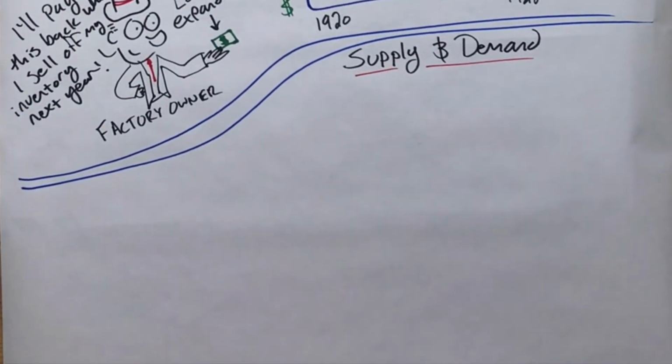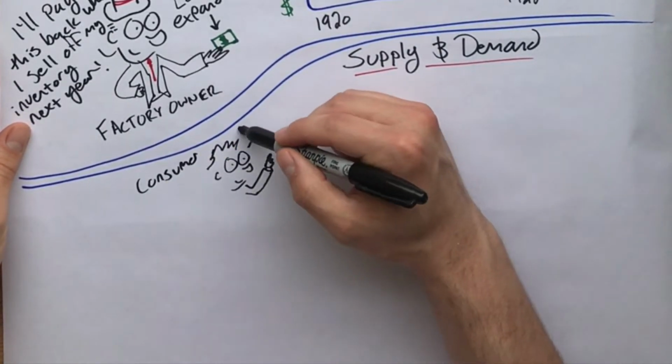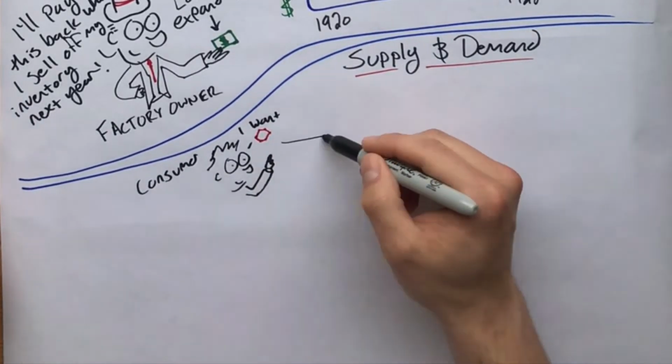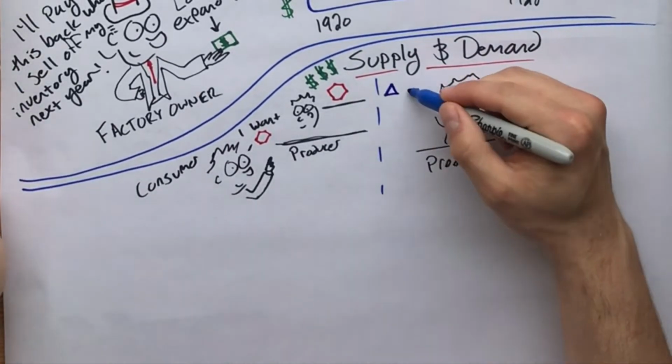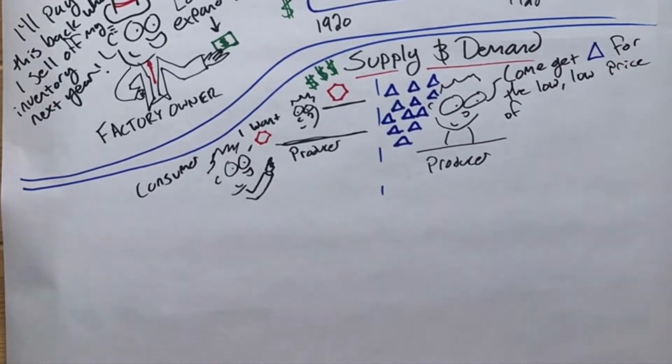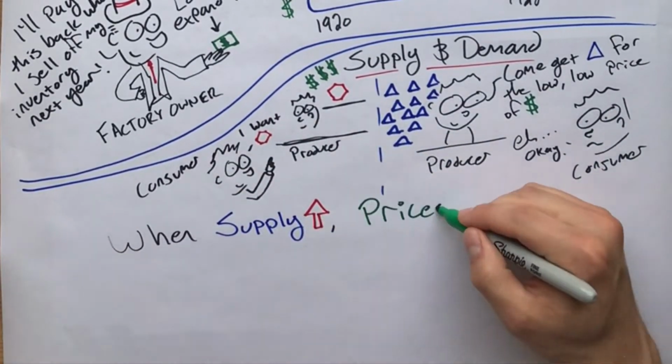The other factor at play in the phenomenon of overproduction is simple supply and demand. Now, we all kind of understand supply and demand intuitively. If something is very, very rare, that makes it more expensive because there's not as much of it. But the flip side of that is true too, that the more of something there is, the less expensive it becomes. This meant that many of these producers kind of shot themselves in the foot by producing too many goods